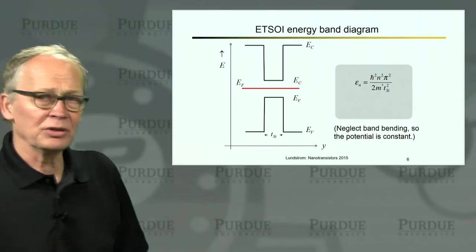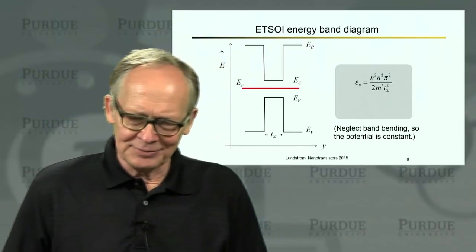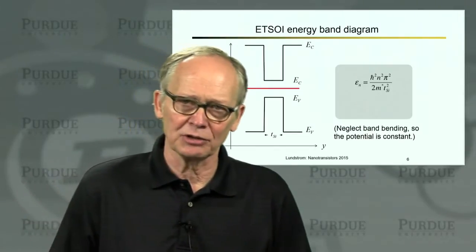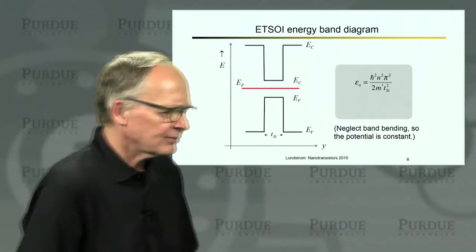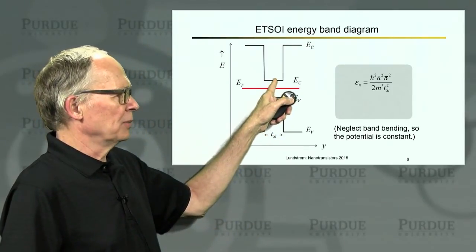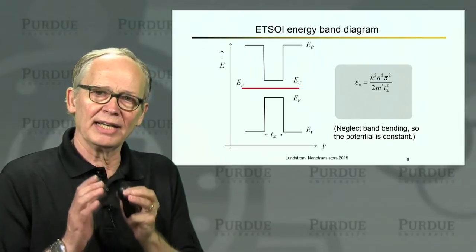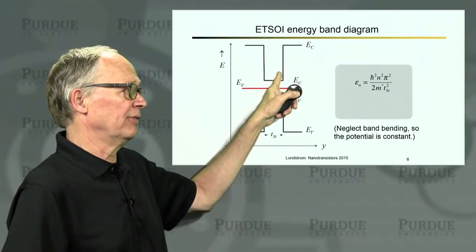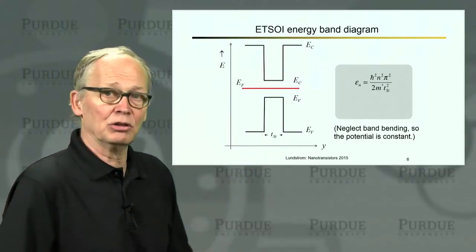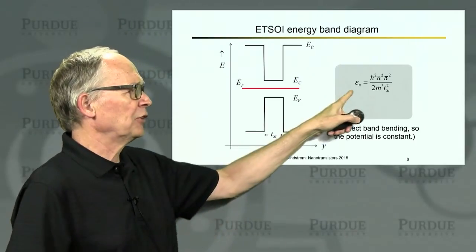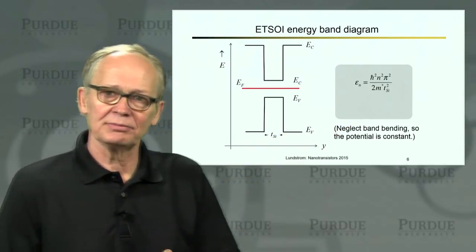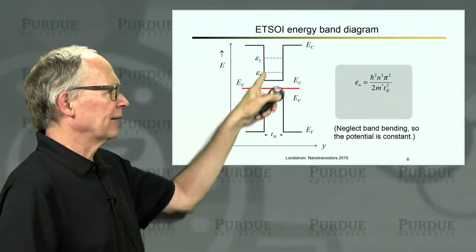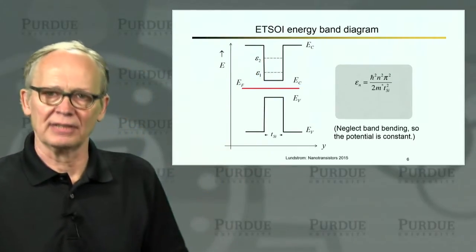Now, one of the things that's important to recall is, if you've had an introductory quantum mechanics course, you'll remember doing a particle in a box problem. That's one of the first problems that we treat in quantum mechanics. The message from the particle in a box treatment is that when you confine electrons, you discretize their energies. So here we have electrons confined in a box. It's not an infinite well, but it could be a pretty high potential well. So we expect quantum confined energy levels within that state, just as we would get for any quantum mechanical particle. So we're going to expect a series of discrete energy levels for the transistors.